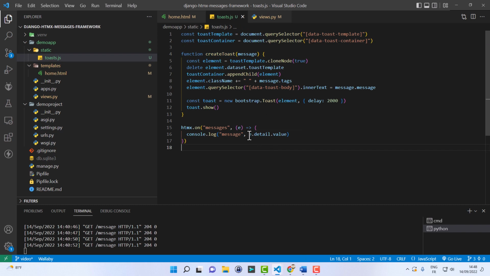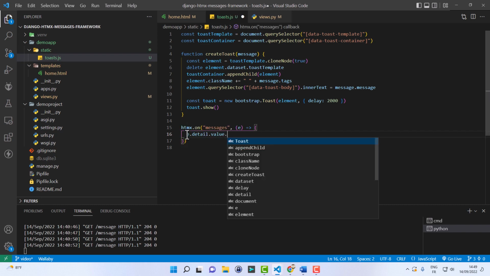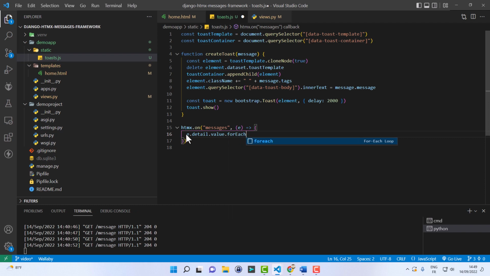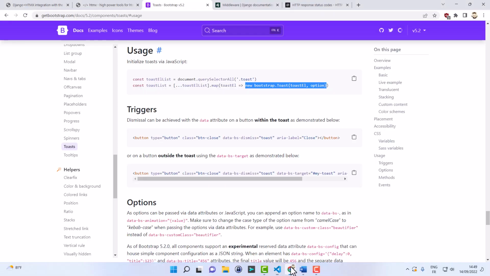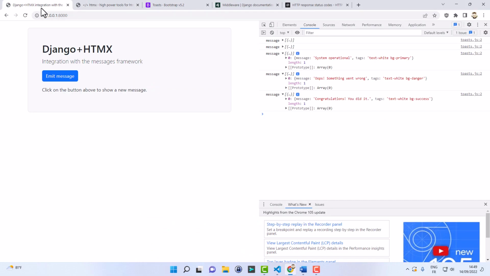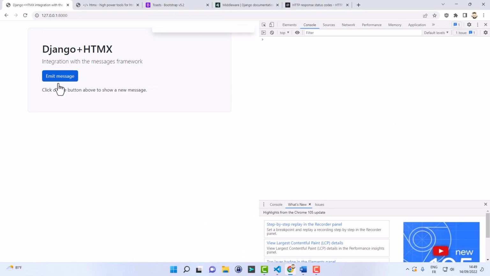We have to do that for every message, and the message list is here in the event payload. So let's do a forEach, and for each value we'll simply call createToast. Now let's go back to our project and refresh the page.